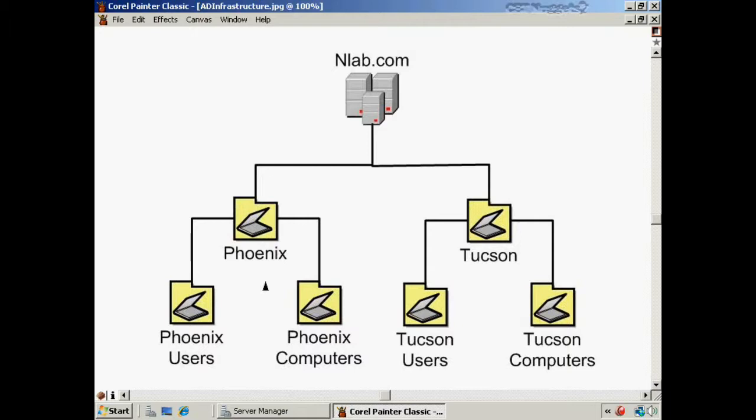But you'll find out that for practical administrative purposes, it gets much easier to administer these if you can count on there being only users in a user's OU and only computers in a computer's OU. And then later on you could even divide that up further so that the Phoenix computers might have other sub-OUs